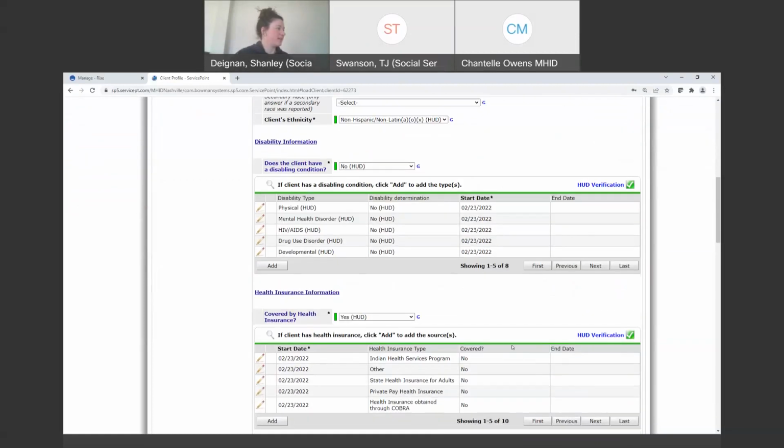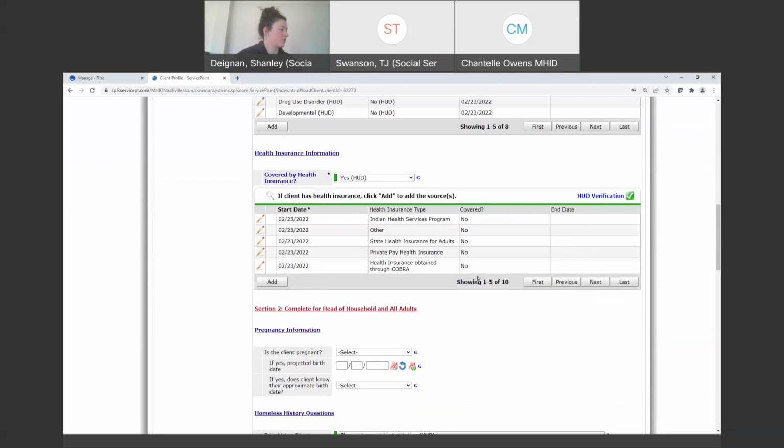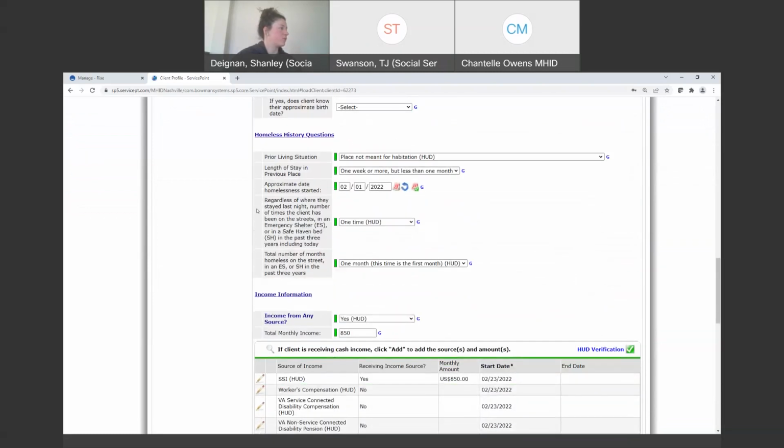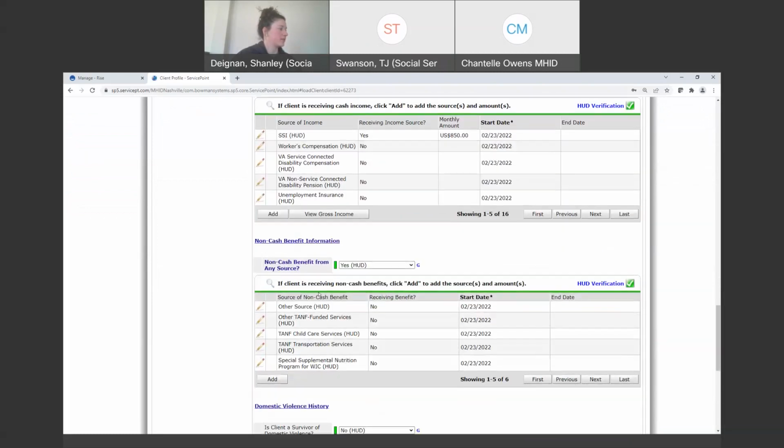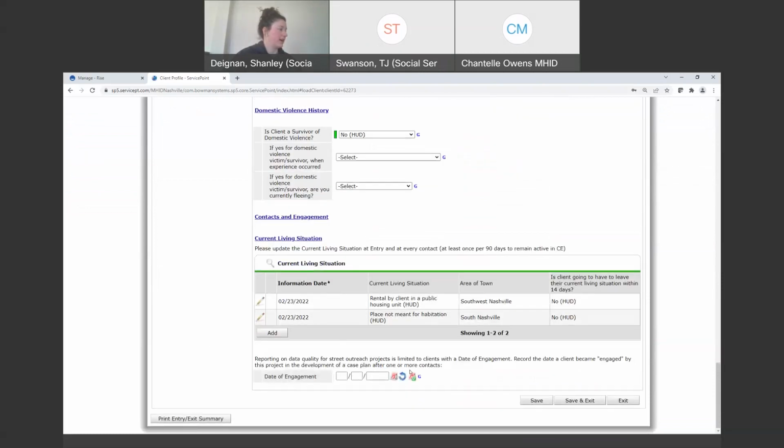Everything else, again, we just added, so there's nothing else to do, just sort of peeking, making sure I didn't miss anything before. This all looks good. Great. So now at the bottom, here we've come to one other new element. This is called the date of engagement. I want to spend a little extra time talking about the current living situation and our date of engagement, because